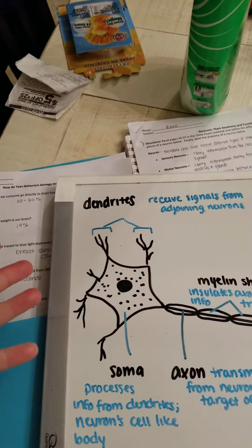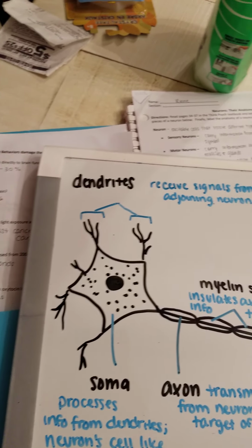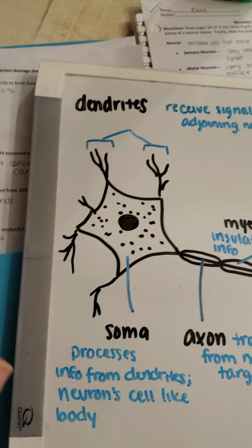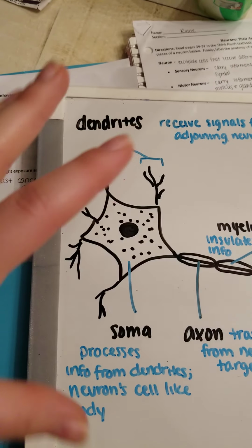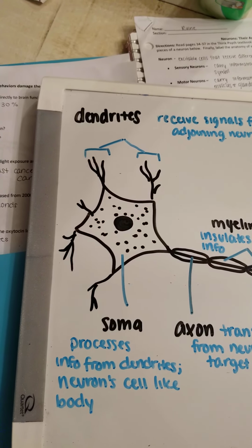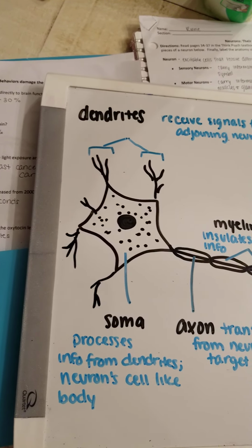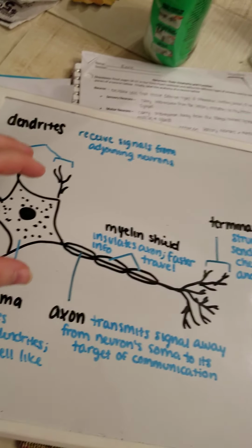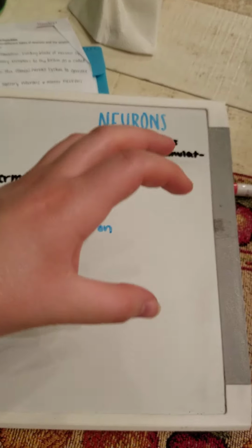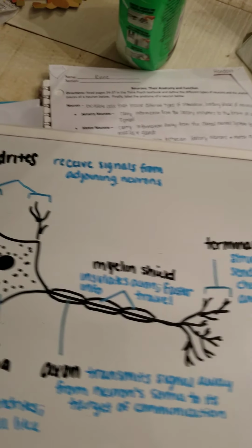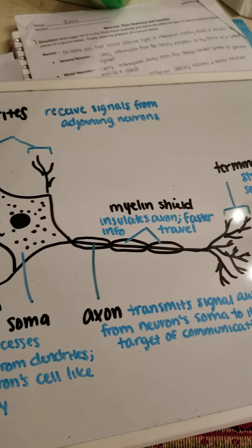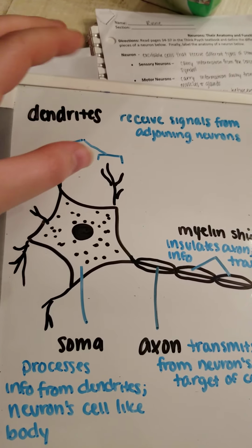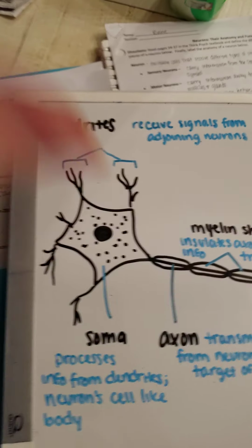So, to begin, we have the dendrites, and the dendrites are these little branch-like structures, and they receive the signals from all the adjoining neurons. There should only be one usually. Usually neurons will line up, one here, one here. I'll show you an example in a minute. After the dendrites receive the information signals chemically,